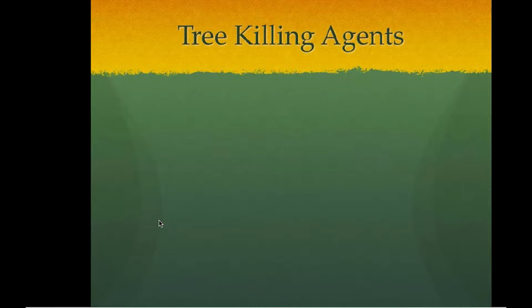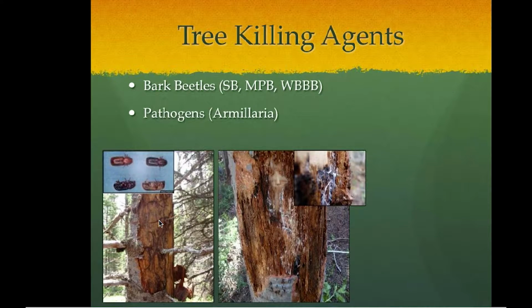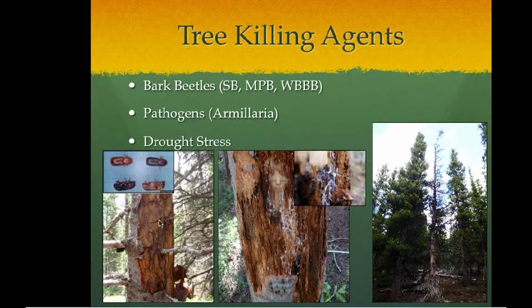So now, what are killing these trees, or tree-killing agents? We have bark beetles. I'm sure if you're from Colorado, you might have heard of bark beetle outbreaks. And so there's spruce beetle, there's mountain pine beetle, and there's western balsam bark beetle. And this picture here kind of shows what that looks like when an infestation of bark beetle occurs, and they burrow themselves inside of the tree and reproduce and carve out galleries, essentially cutting off nutrients to the tree, not letting it survive. And then there's also pathogens such as armillaria, which is a root fungus, and then just pure drought stress. So severe water deprivation that doesn't allow the tree to survive as well.